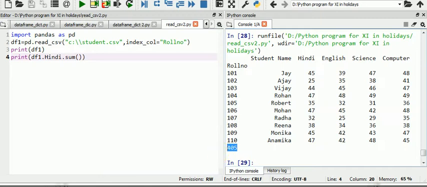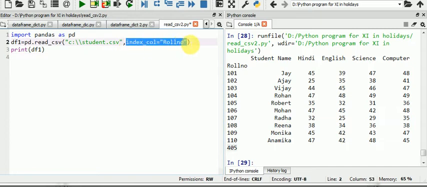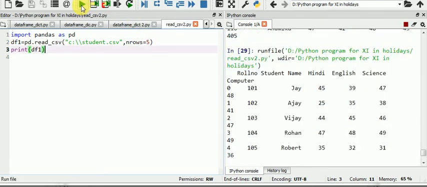Okay, if suppose you want to read a specific number of rows from the Excel file, then you can use this format. I'm removing this, just giving nrows. I want to read only 5 rows. Now run this.